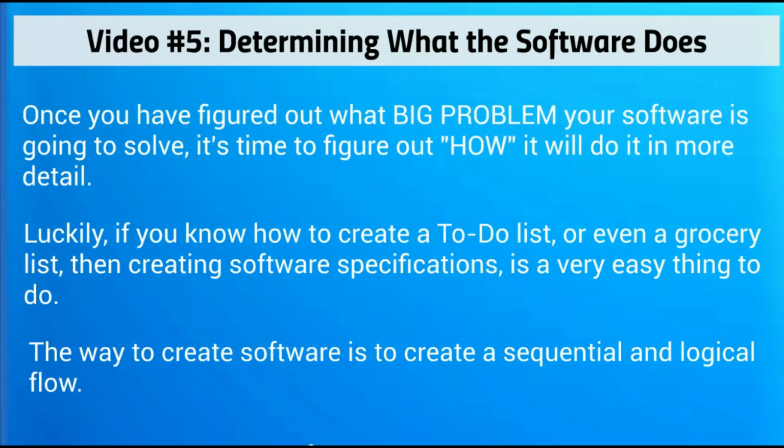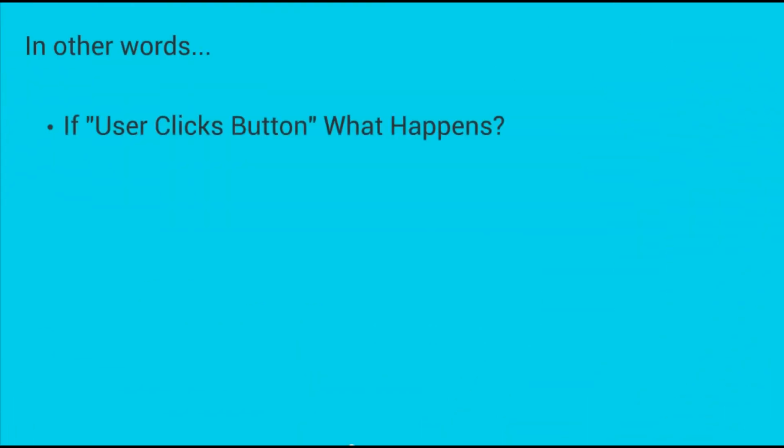Now, the way to create software is to create a sequential and logical flow. So it's not going to be just a randomized grocery list. It's going to be a sequential logical flow. So whatever you do in the beginning is going to impact the end. And it'll make more sense in just a second. So in other words, let's say, for example, a user clicks a button, you're going to write down what